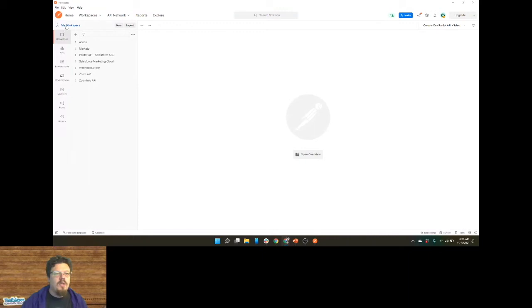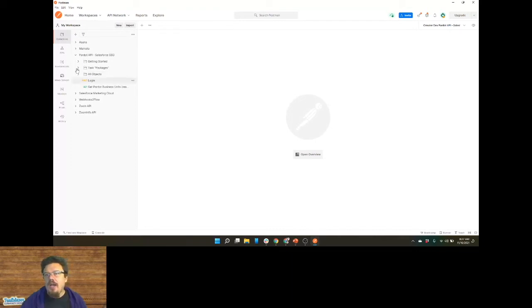On the left side, I've got my workspaces, and I've got a couple workspaces collections. The group of API calls is bundled into a package called a collection. And I've got a couple here. So I work with Asana, Marketo. I've got the Pardot API, Marketing Cloud, working with the Salesforce webhooks to flow capability, which is pretty cool. Zoom API, ZoomInfo API. So this is kind of the stuff that I do. And if I open one of these up, I can see there's folders and whatnot. And there's a bunch of stuff across the top and the sides I'm not interested in.